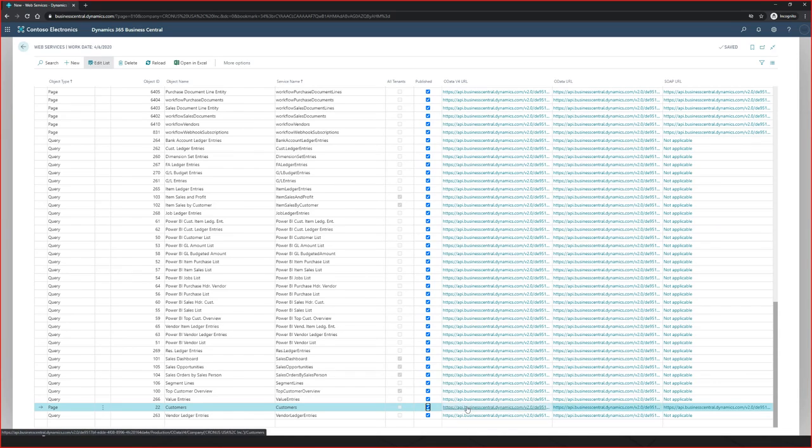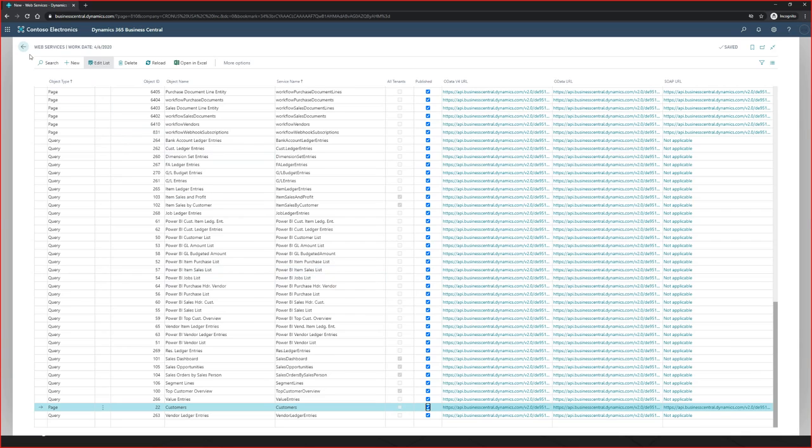That is how we get through the OData, and we create the OData web services and how we're going to expose this information to the outside world. So now that we did this, we have access to this. And you're saying, so what data can you expose within Business Central?